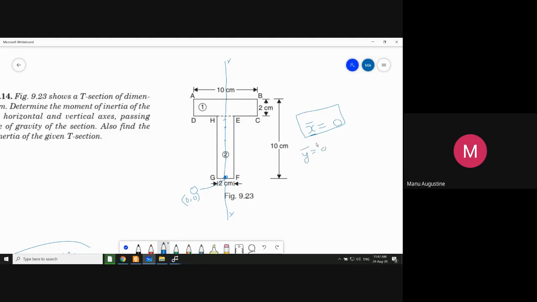y बार पता करने के लिए अपने पास में दो एरियाज हैं, एरिया नंबर 1, एरिया नंबर 2। और इंडिविजुअल एरियाज की सेंट्रॉइड्स आपको x स्टार, y स्टार से पता करनी है, जो चीज मैंने आपको बहुत पहले समझाई थी। So you go back to the concepts of x star, y star, और उसके बाद आपका जो फाइनल y बार है, this will be found by a1 into y1 star plus a2 into y2 star, whole divided by a1 plus a2. इस फॉर्मूले को लगा करके आपको y बार मिलेगा।